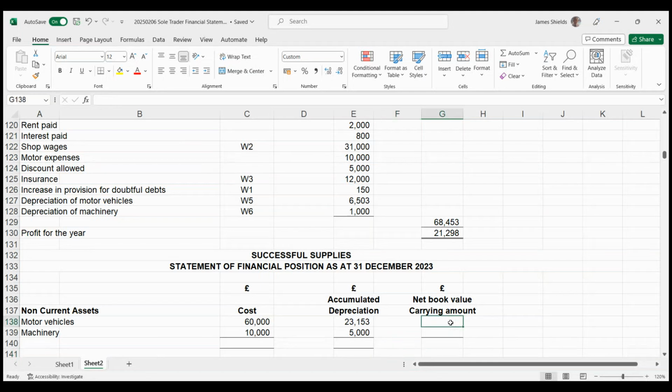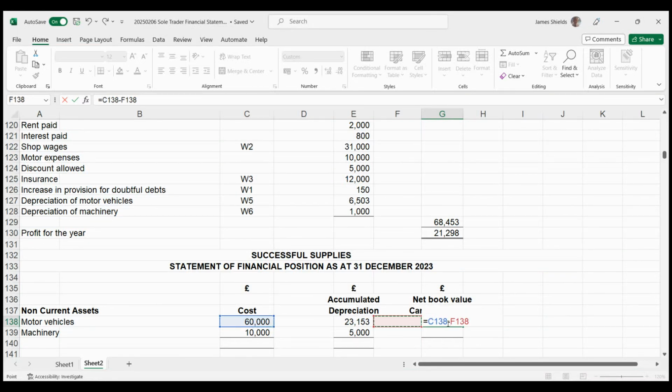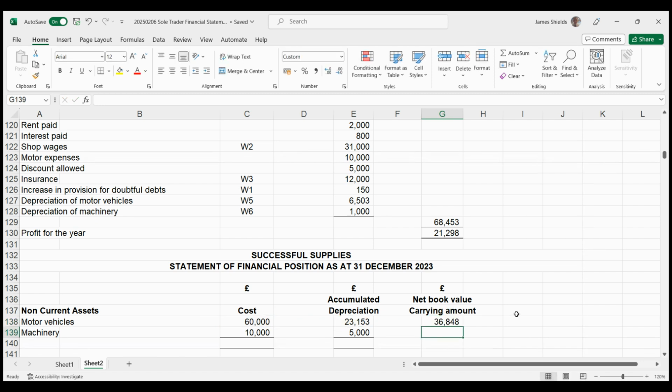Now, to get the net book value or carrying amount, so the net book value and carrying amount refer to the same thing. Net book value is the previous terminology, although the examiners are still using that in the exam, and the more up-to-date terminology is carrying amount. Now, to work out your net book value or carrying amount, you take your cost figure and you subtract your accumulated depreciation. So for the motor vehicles, it's your £60,000. Then you deduct the accumulated depreciation of £23,153, and that gives us a carrying amount or net book value of